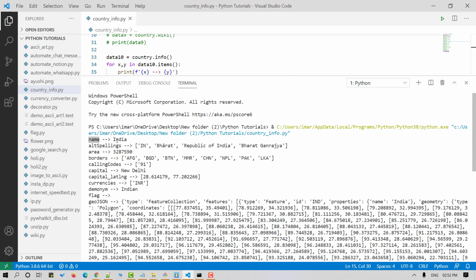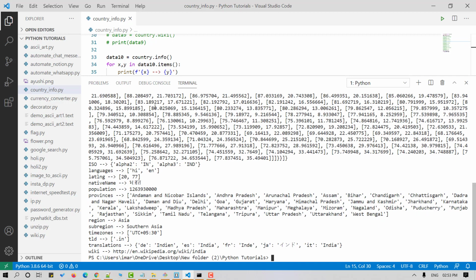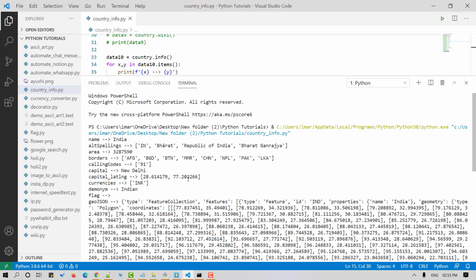We have the name of the country as India, the alternate spellings, the area code, borders, calling codes, capital, currencies, demonym, flag, then GeoJSON data, which is pretty huge actually. Then the ISO codes, languages, native name, that's Bharat, population, provinces, region and sub-region, time zones, transitions, Wikipedia and a lot more things there.